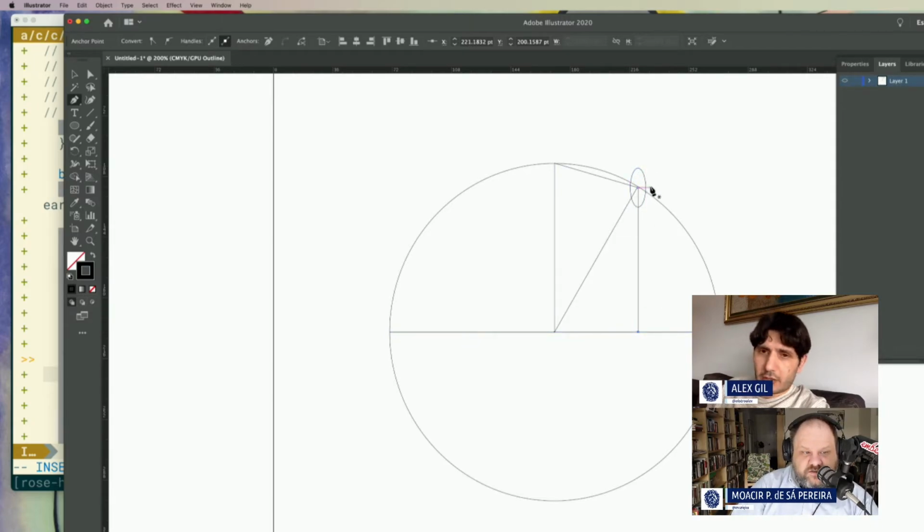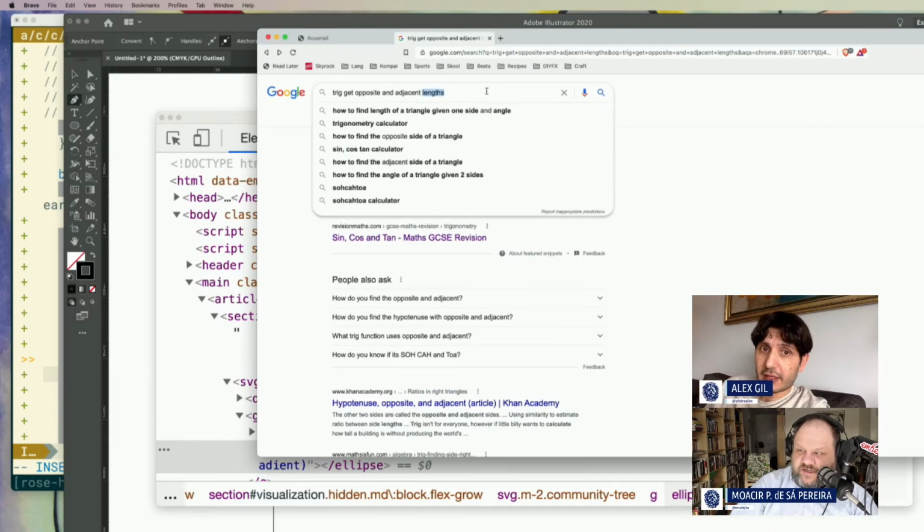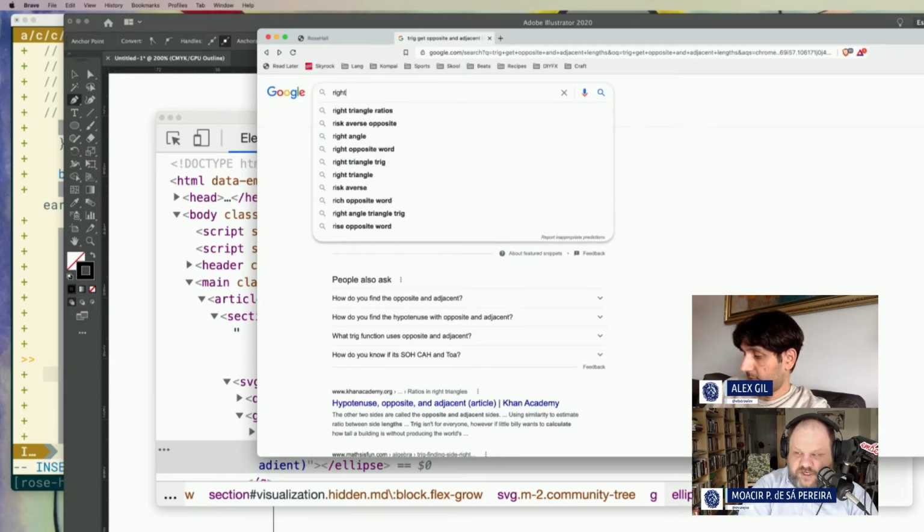Oh, sure, yeah. Right. So I just can't remember how to calculate the opposite and the adjacent when you only have... It's one of those things, like learning Spanish behind the scenes. I think we're allowed to learn Spanish behind the scenes here. Well, I think we'll figure this out in a second. Right triangle calculator.